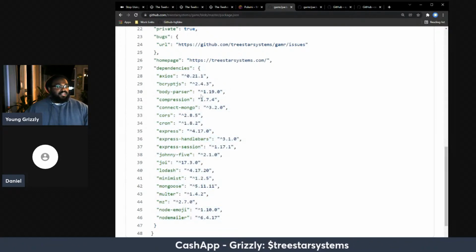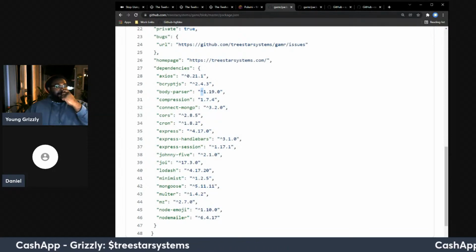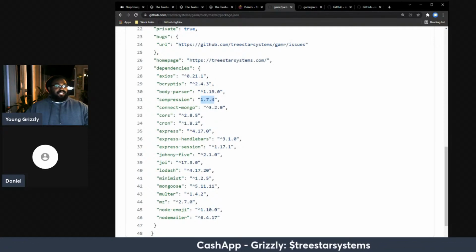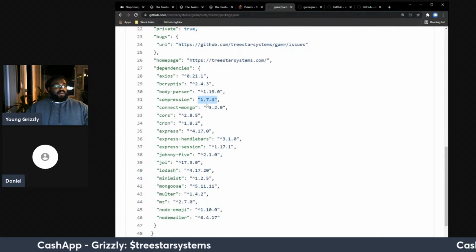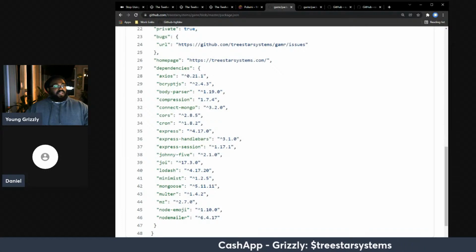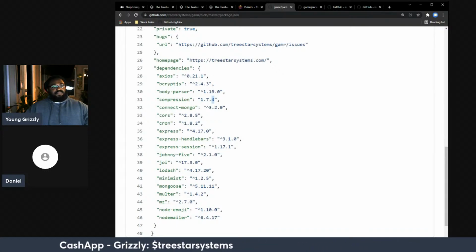One thing you'll notice is that I have the caret symbol in some cases. Instead of me having compression 1.7.4, that's locked to that version. Like what Dan was just talking about, if I wanted 1.7.5, I would have to change this to 1.7.5.